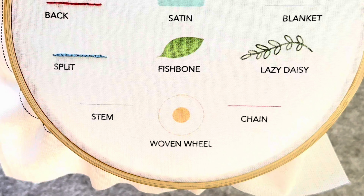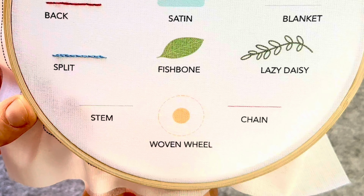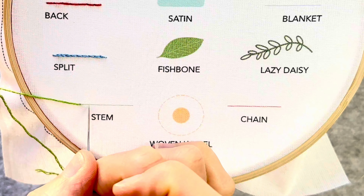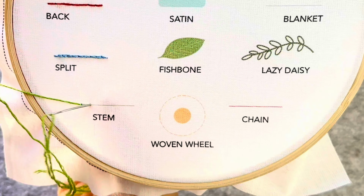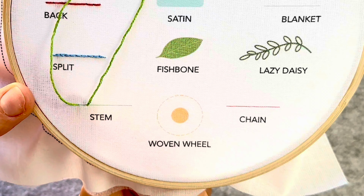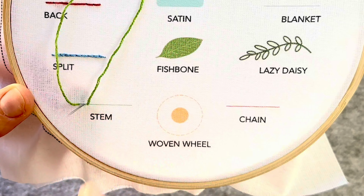To create stem stitch, we're going to start on the left hand side of our marker point and pull the needle all the way through to the knot. We're then going to put our needle back in again, but we're going to pull the thread only part of the way through, so there is a loop on top. And then we're going to bring our needle halfway between those 2 points and pull it all the way through